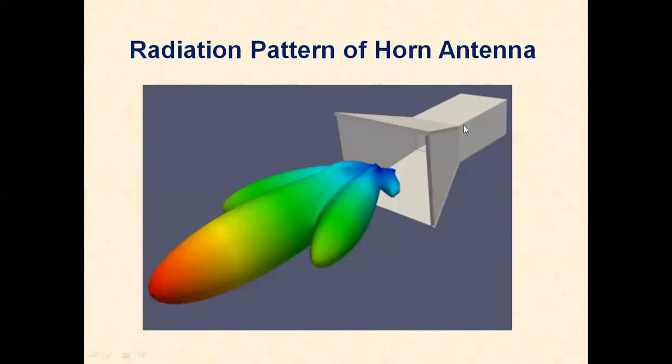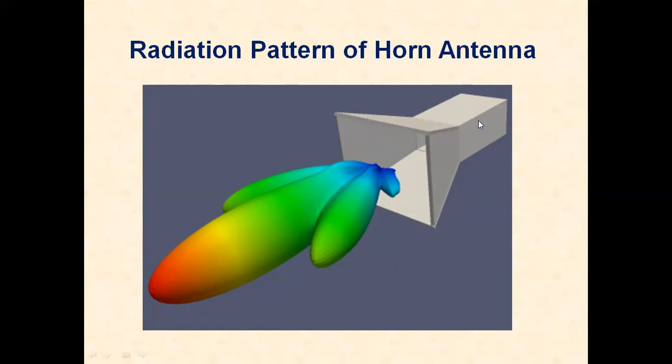This is the horn antenna waveguide. We have a waveguide here. It is flared out at the end, so we are getting a pyramidal horn. The structure is a pyramidal horn. Height-wise flared out at the open end. Width-wise also flared out at the open end. And we are feeding the signal from the other end.